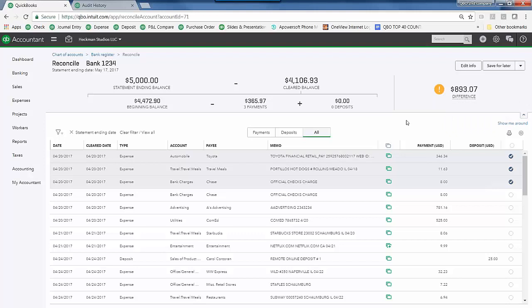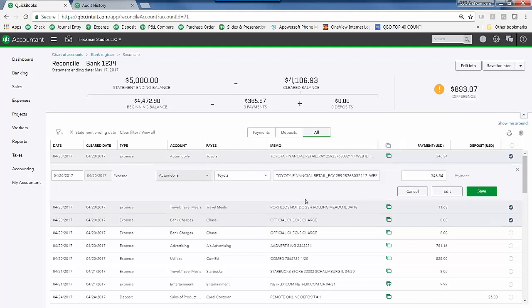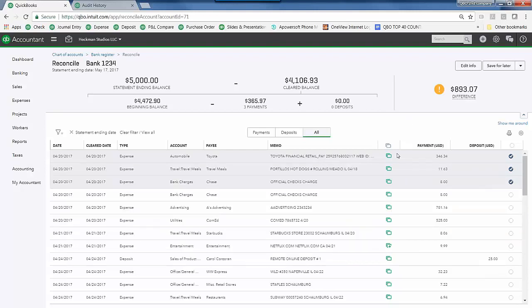And then the last thing that I wanted to point out is sort of related to the lines here. If I click to expand one of these, I can actually make some changes from within. So one common thing I see come through is clients working in the bank feed might not assign a payee. They might miss that and not assign a payee. So you can actually change or assign a payee within the reconcile page, which is super helpful if your client's using bank feeds and pulling in that memo detail from the bank,